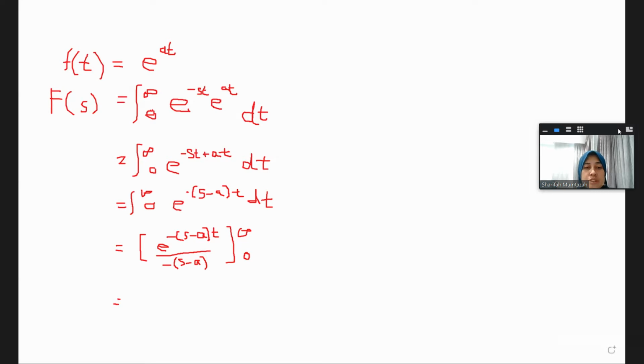So substitute the value of infinity and 0 into your answer. Zero minus e to the power of 0, over... Okay, so you will get